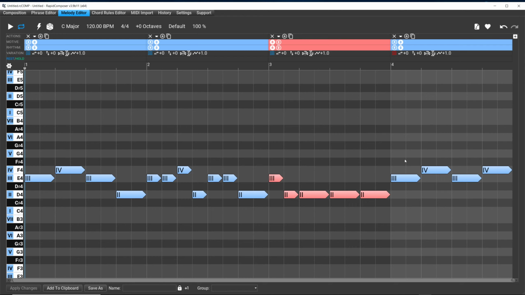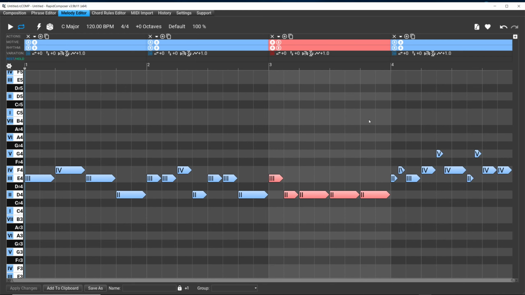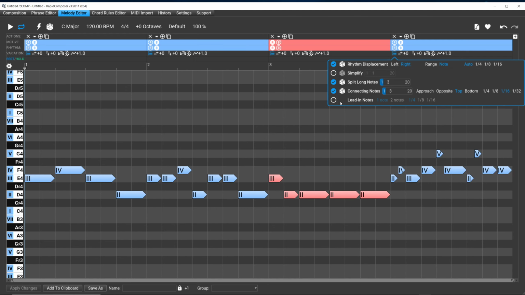Okay, but if we go over here, the fourth beat is a D, and it doesn't matter whether we have it on or off, it doesn't change. That seems inconsistent to me. But let's just move on,